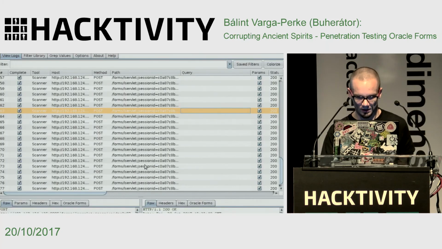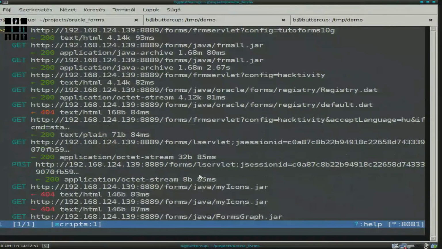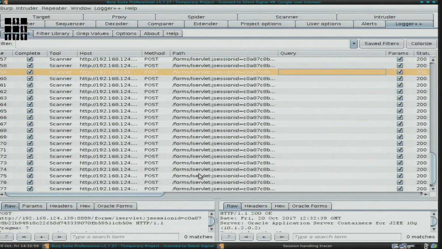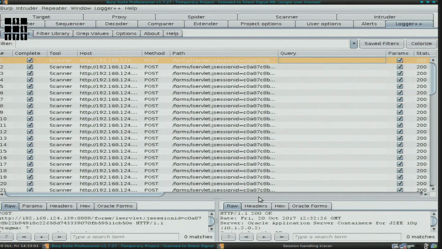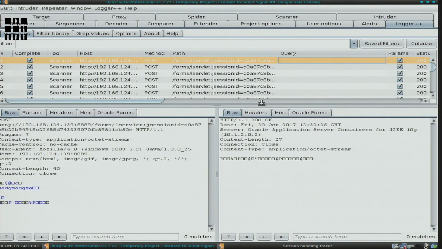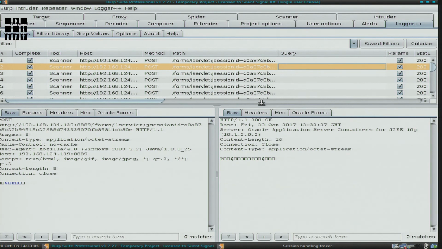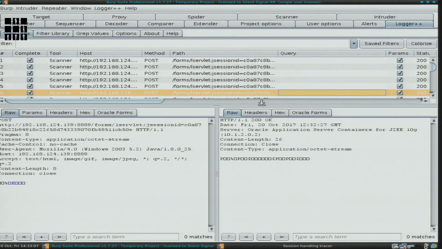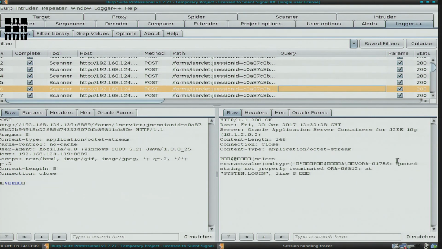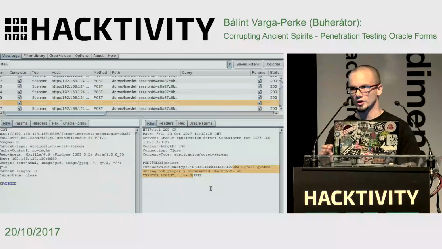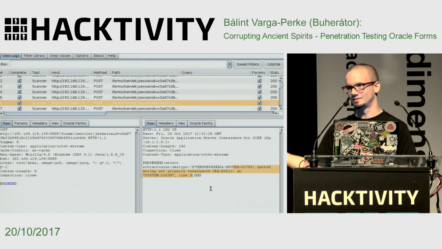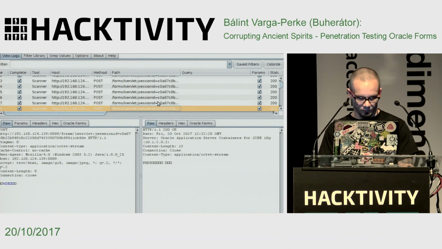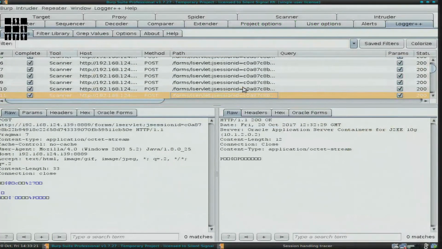But if we go back to our log, we can see eventually that, for example, here is an Oracle error message, which quite indicates that there is a SQL injection problem in here. But if we move forward,